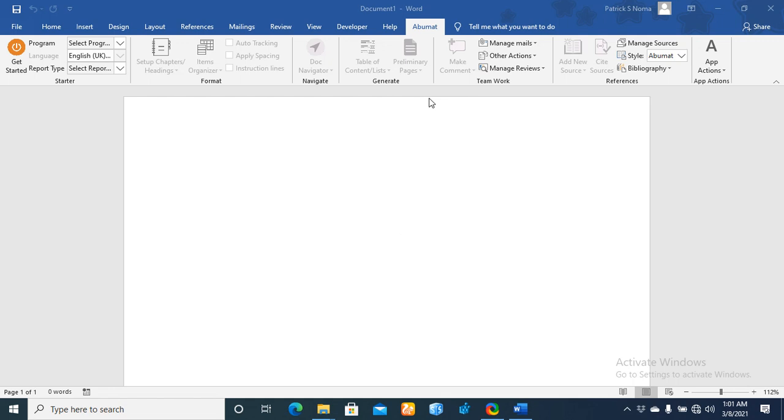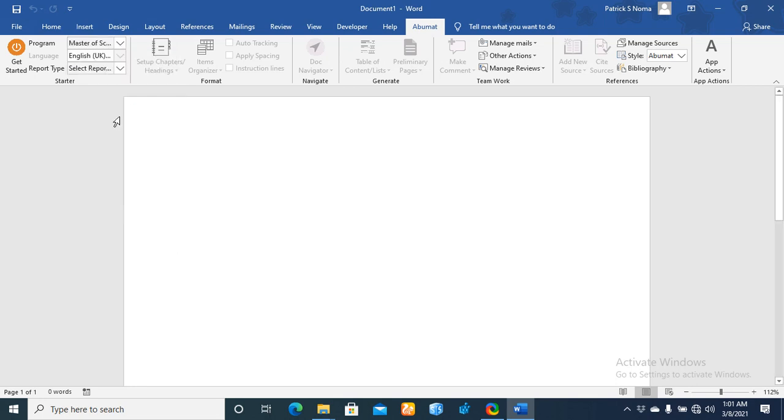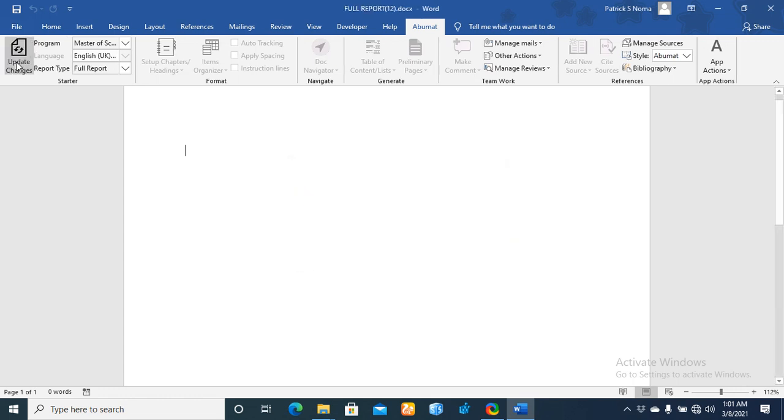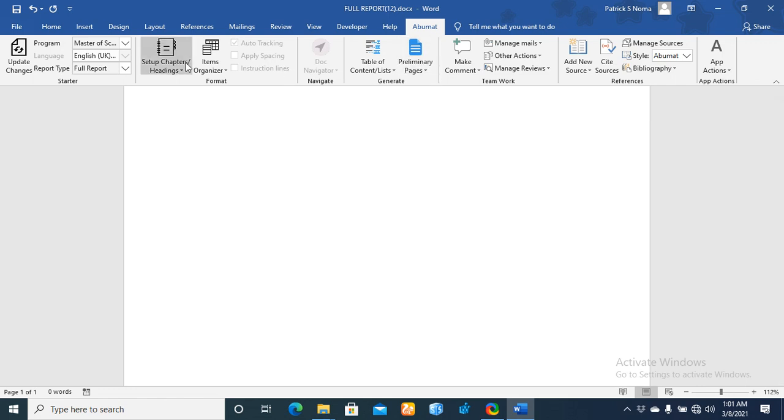So when you open a new document like this to start working with, the first thing you're going to be doing is to select your program type. You can see a bunch of them here. So for this demonstration, we're going to be using MSC, and then select the report type. You can write your proposal, assignment and all this, but for this demonstration we're going to be using full report. You click on this get started button here and confirm your selections, and the next thing that will happen is that you notice some of the buttons that were disabled here earlier are now enabled, ready for you to start